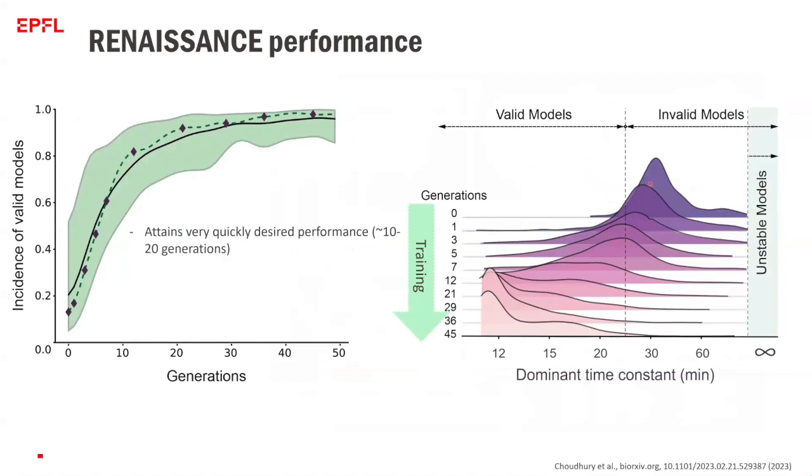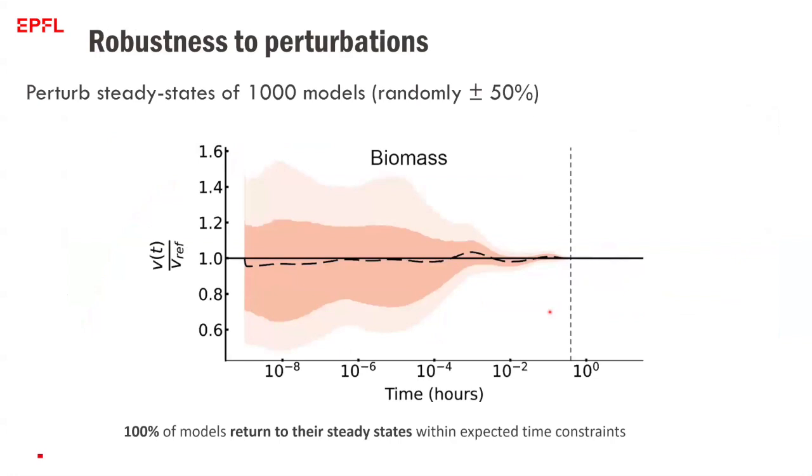We also tested all our models for robustness. For example, we would take the initial concentrations in these models and perturb them plus minus 50%, let the model evolve, and see whether it goes back to the initial steady state. And we got all 100% of models coming back,